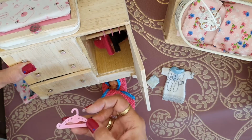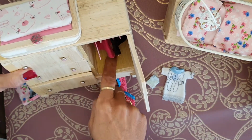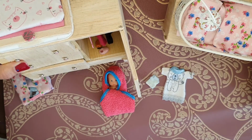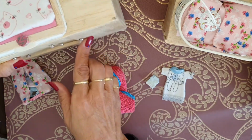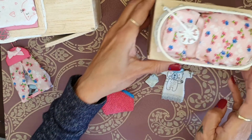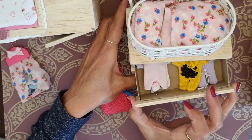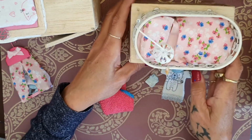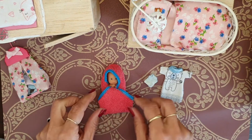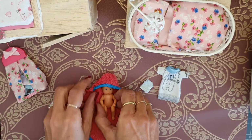So I got these little hangers in there, and it's actually perfect for this little baby. So the shoes are in here in the cupboard, it's all filled to the back now, and her jacket is hanging there. And then in her cot here are all her baby clothes and her onesies. So I'm going to dress her now in a clean nappy and a night dress,